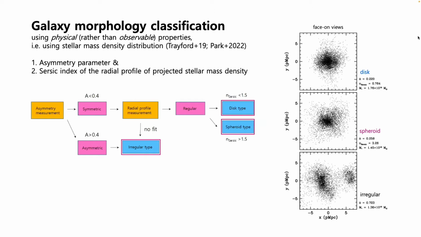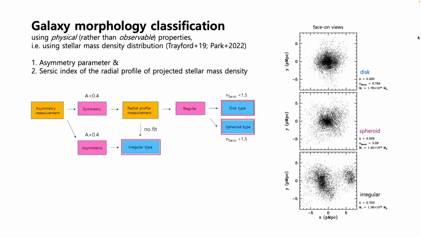For symmetric galaxies, we measure the radial stellar mass density profile and fit a Sersic profile to the data. And if the fit is successful, they are called regular galaxies. If the fit fails, then they are added to the irregular type. And the regular galaxies are divided into disk type and spheroid type depending on the Sersic index. And 1.5 is just a rule of thumb